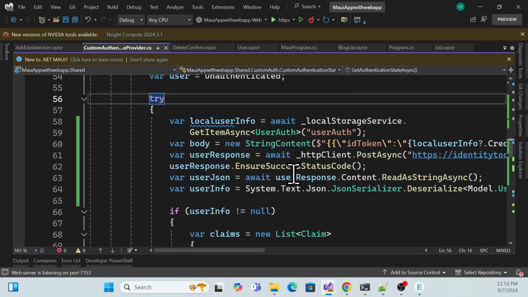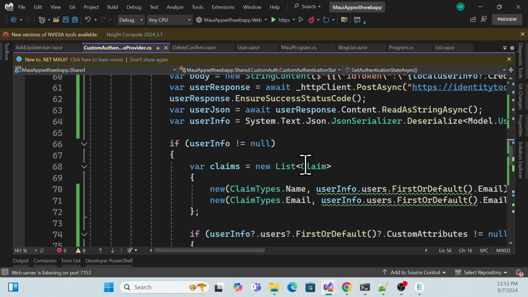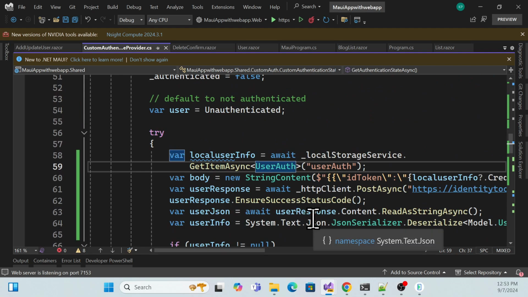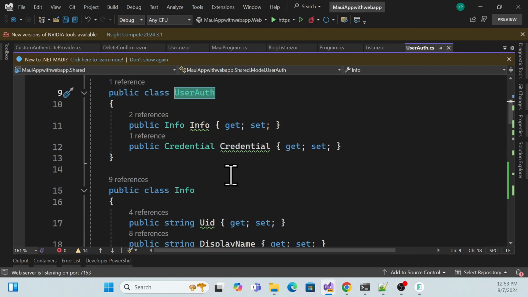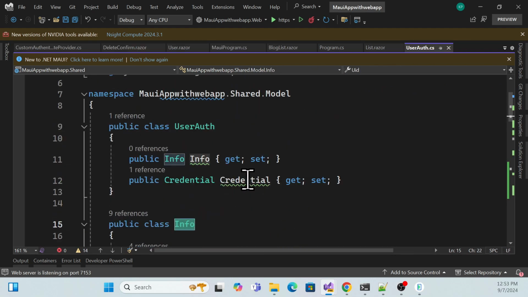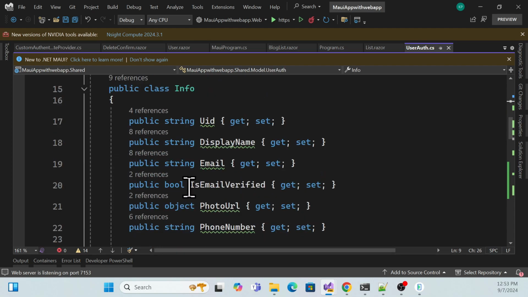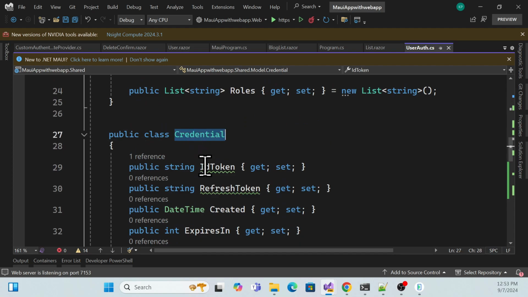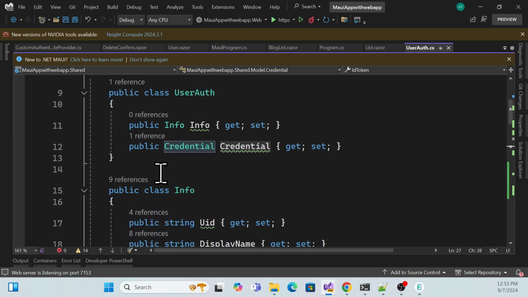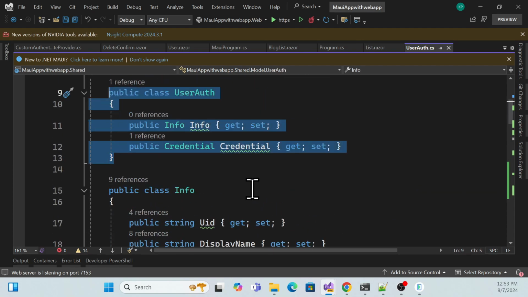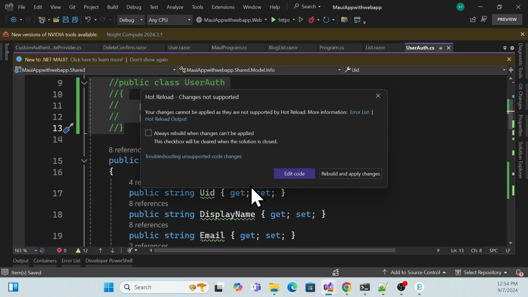So how can we do that? It's simple. So where is my class? Now see, first go to my class over here. Here the information is fine, and this user auth is not required; only the credential is perfectly fine, right? So I can simply comment out this code. And instead of this,